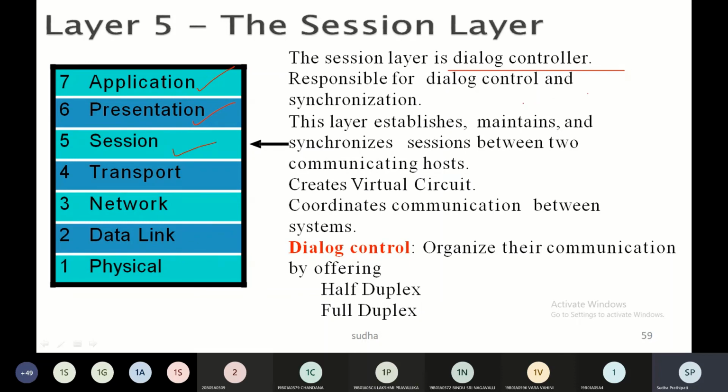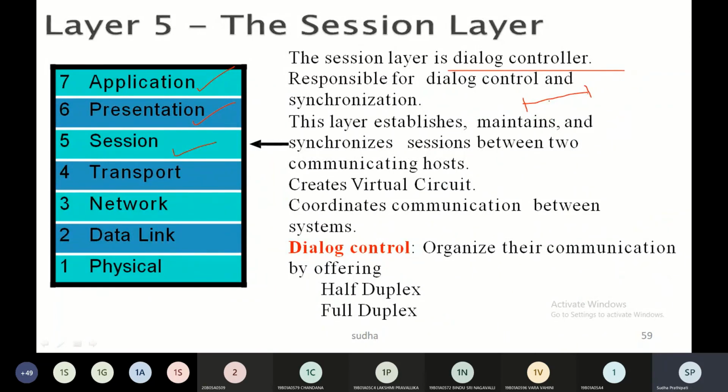There is a connection established between you and the other person, right? Say I have called up Lasya. Before I can have a conversation with Lasya, a session is established between my phone and Lasya's phone. So there is a connection established.